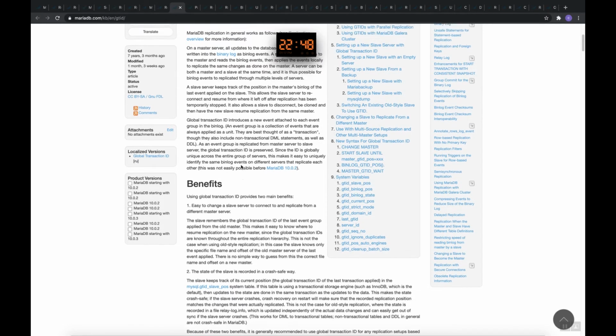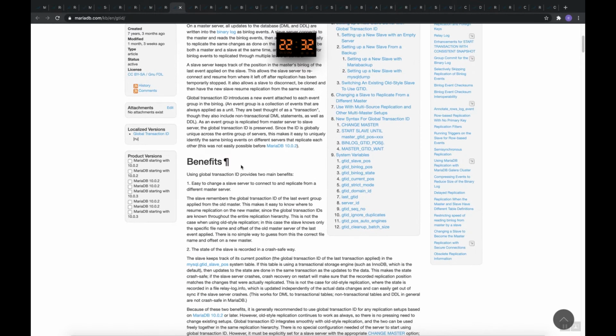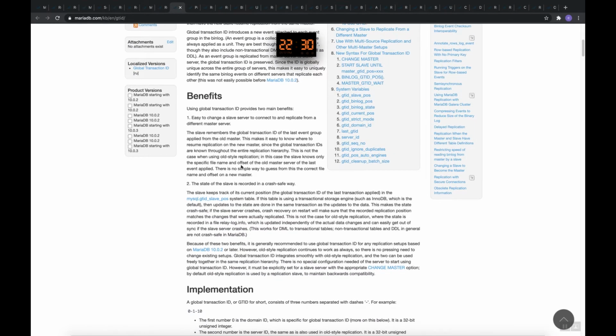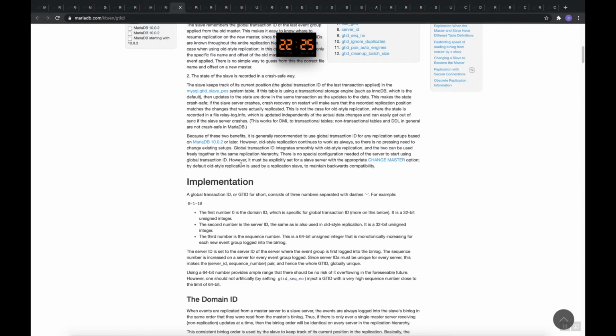So basically, the global transaction ID is attached to all binlog events so that the master and slave are able to identify which transactions need to be replicated. So what are the benefits? It is easy to change masters, and the state of the slave is recorded in a crash-safe way.